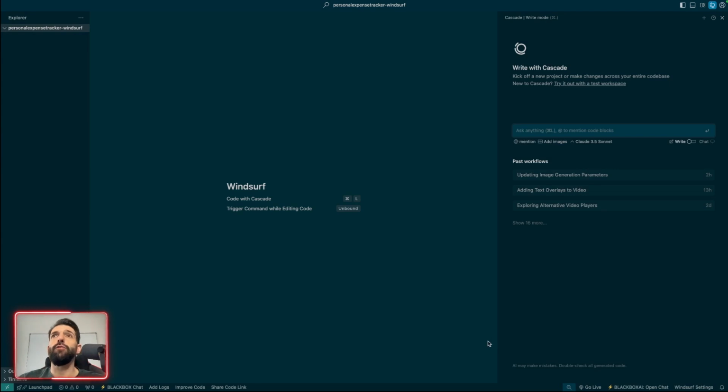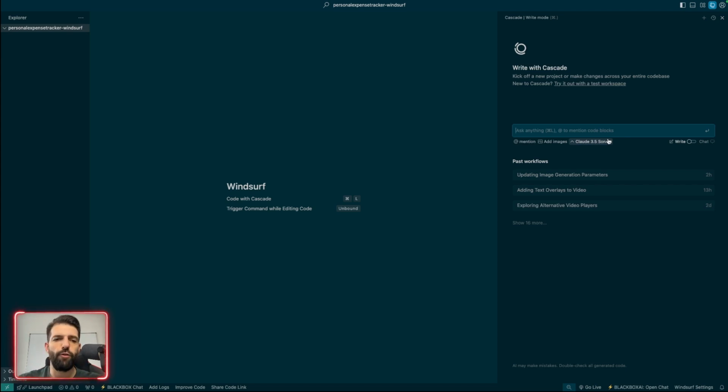Okay, now we're in Windsurf, and you might think, this looks pretty similar to Cursor, and you'd be right, because Windsurf is also a VS Code fork, which means it uses the basic VS Code under the hood, really. So they just changed the styling a bit and also implemented their business logic, right? What's pretty neat about Windsurf, though, is that we have the Cascade feature, which is similar to Cursor's now most up-to-date agent feature, where you can also run commands in the terminal, and basically everything runs fully automatically, and the only thing that you have to do is enter a prompt and then wait until you have a finished product,